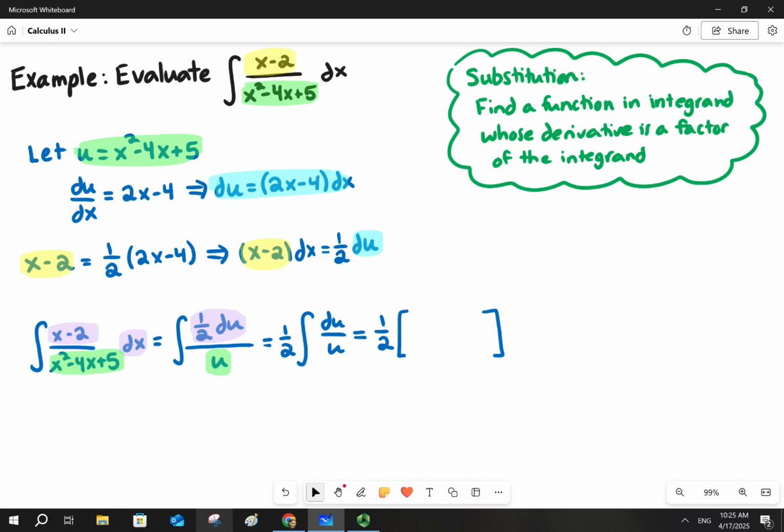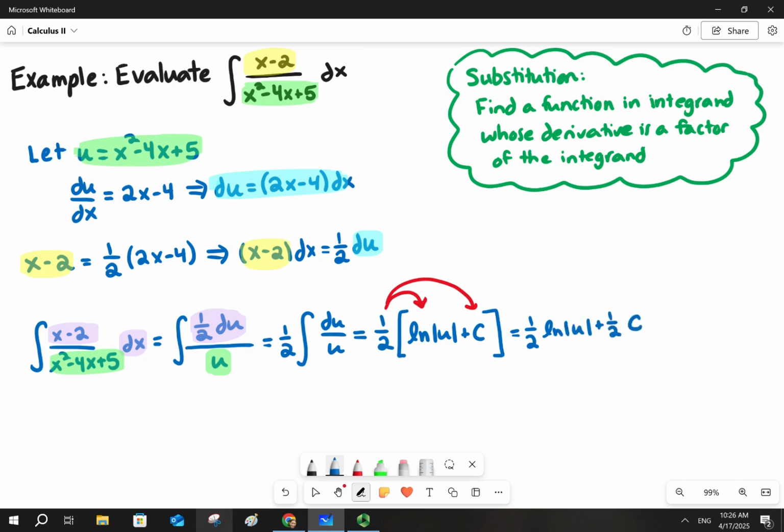The antiderivative of 1 over u is the natural log of the absolute value of u plus an arbitrary constant c. I can now distribute the 1/2 through to get 1/2 natural log of the absolute value of u plus 1/2 c. Now this is really subtle, but because c is an arbitrary constant, 1/2 c is also an arbitrary constant. So I can actually just let the c absorb the 1/2 and write 1/2 natural log absolute value of